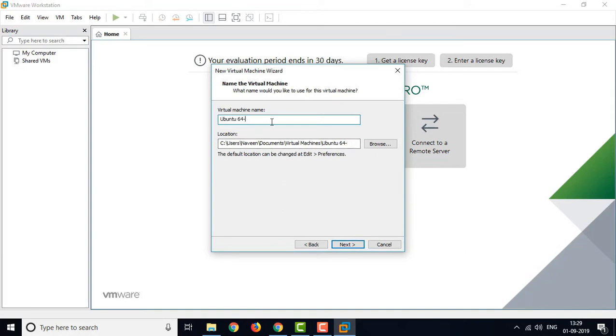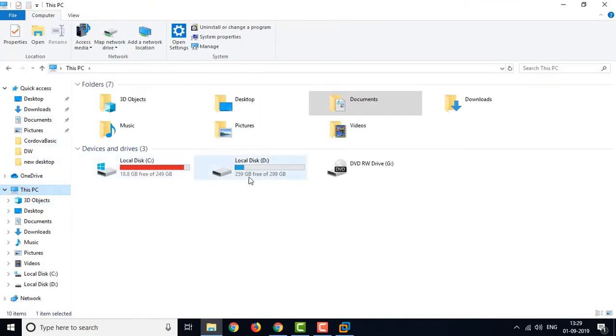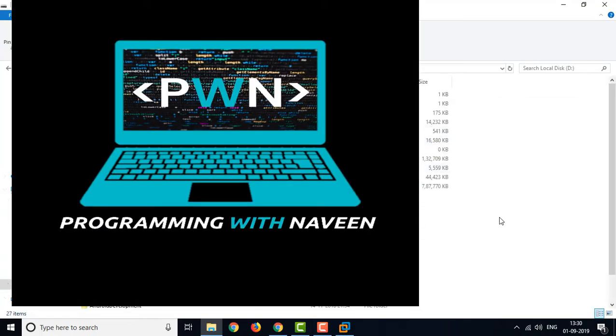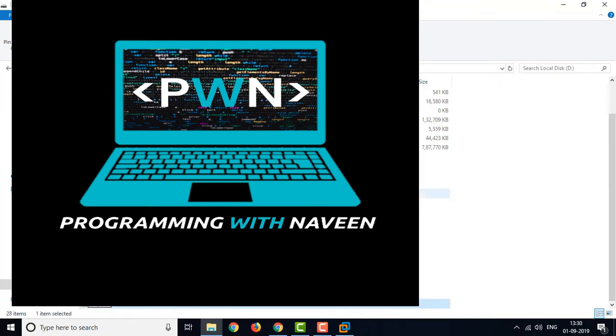This is my Ubuntu OS, and this is the default location where all the files, the operating system files, will get stored after the installation. This default location is on the C drive. If you see my C drive, I will go to computer, it is already red. So the better way is I will keep all the operating system files on my D drive. So here I will create one Ubuntu folder. This is my Ubuntu.